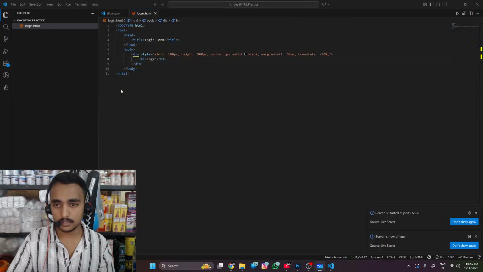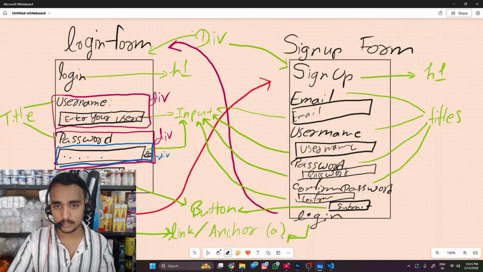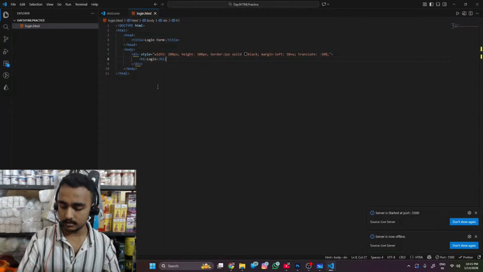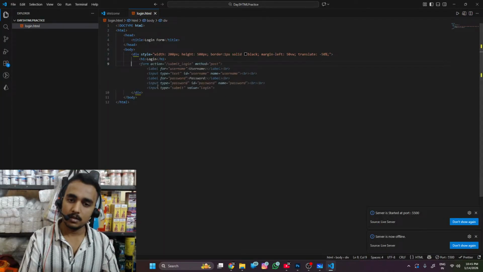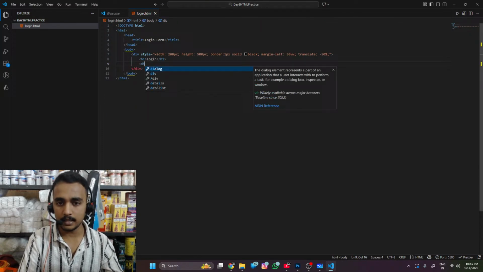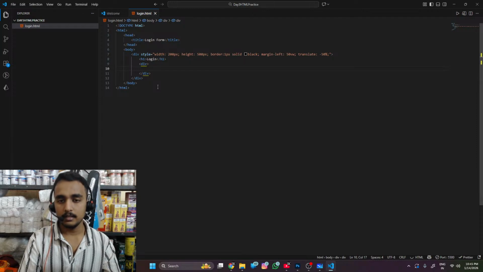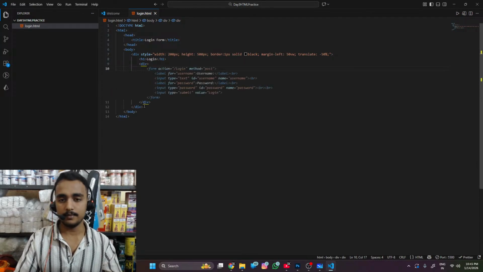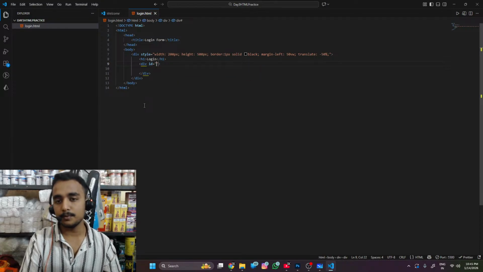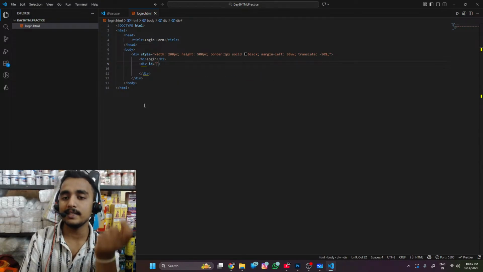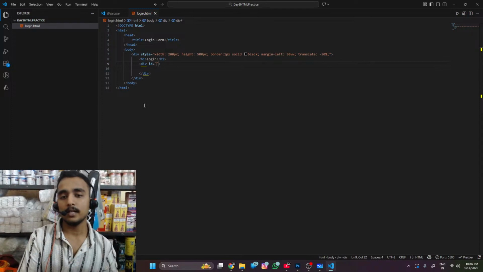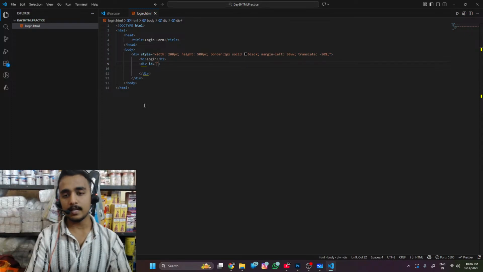I'm not very good at drawing. So I can use a div tag here, after h1, another div tag inside the div tag, and we can name this div tag. We can provide it an ID, a unique name in the entire file. I have already told you what ID is. So we will call it something this time, and let's call it